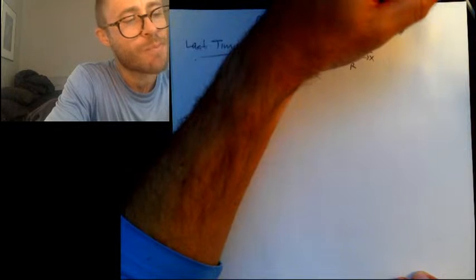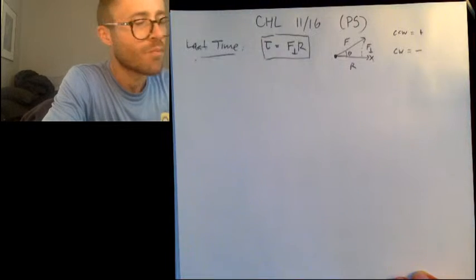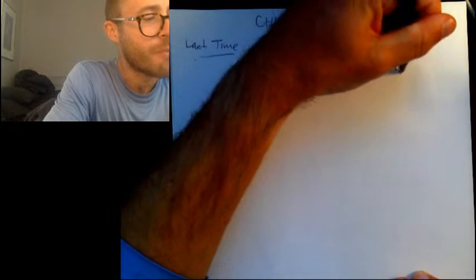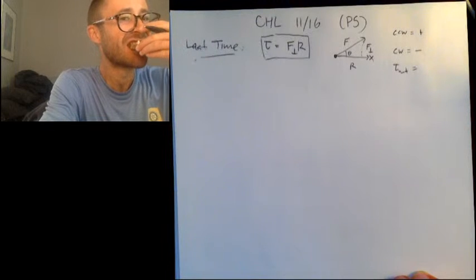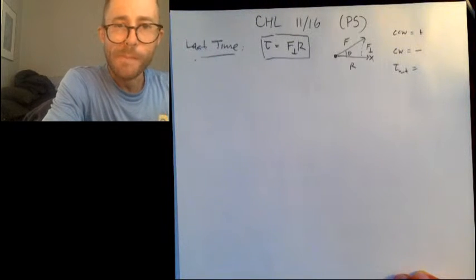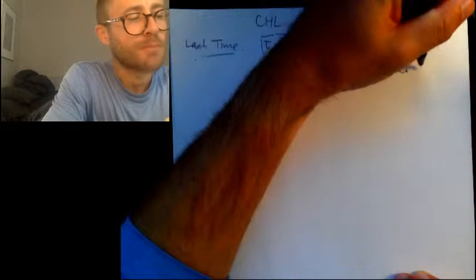Counterclockwise torques are considered to be positive. Clockwise torques are considered to be negative. The net torque is simply the sum